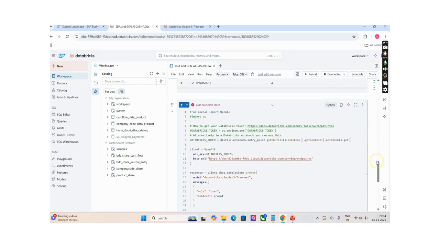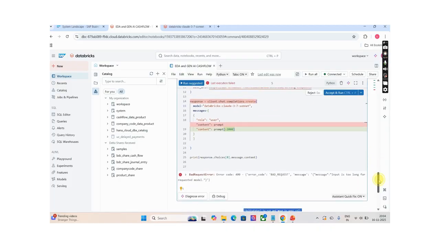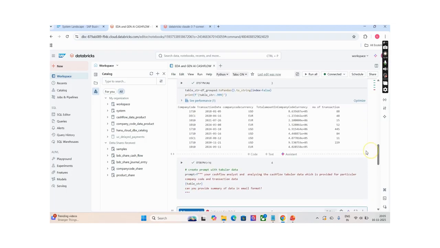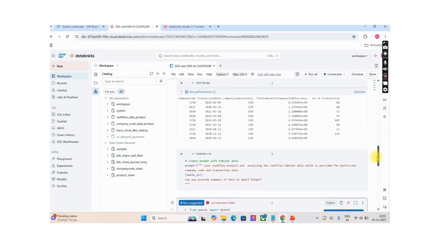So we have replaced the model name. Again, it's giving the same error: input string is too long. Because the text input string is too long, that's why it's not giving us output.